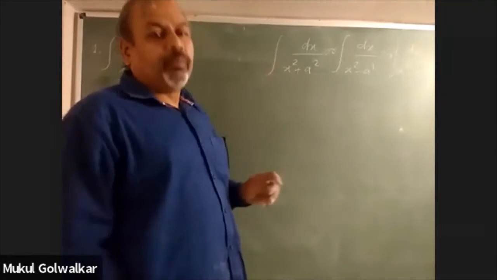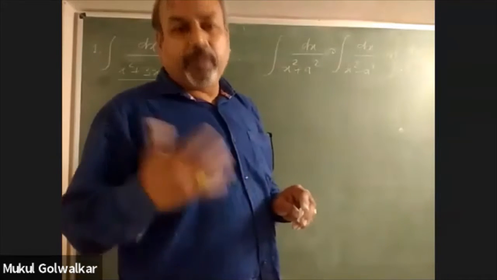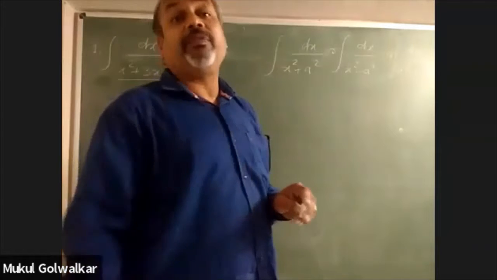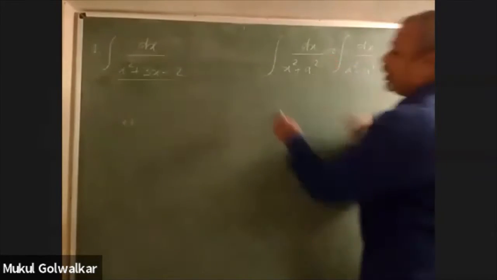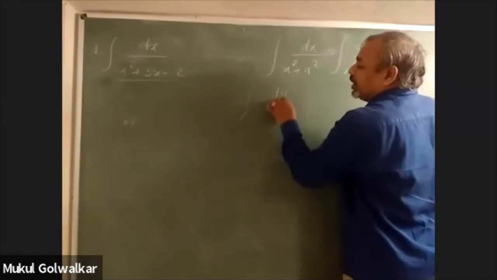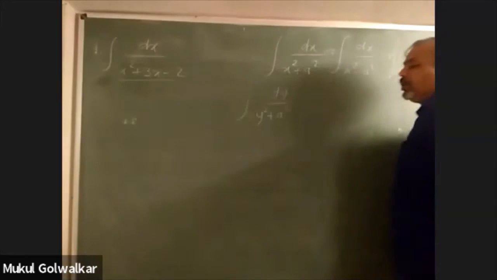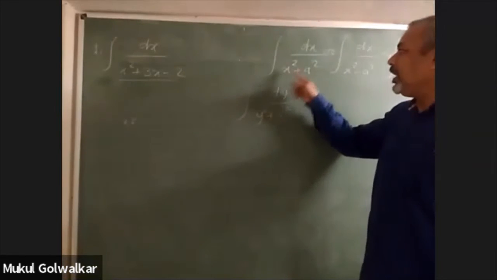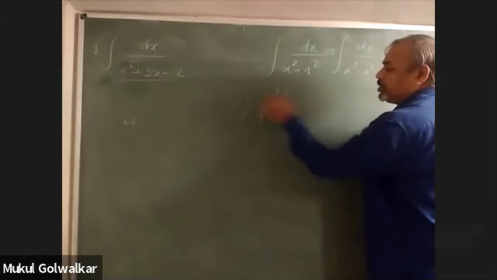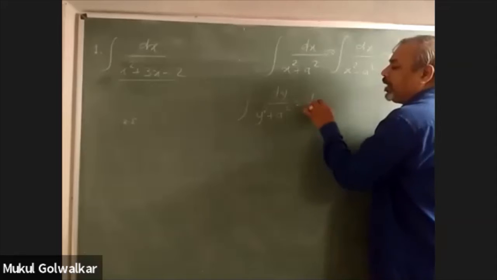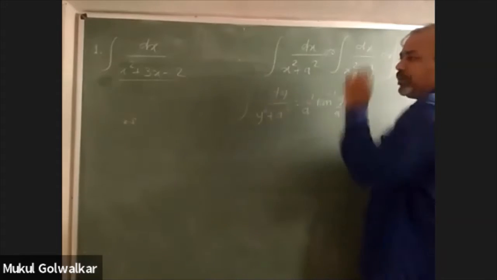I have already told you one more thing, students: the presence of a variable in the function, or the choice of a variable, is not that important. The formula I have written for you can contain the variable y also. There will be no difference in the final answer. The function remains the same, only the variable changes from x to y. So the answer can be written in the form of 1 by a tan inverse y upon a. Only this change will be there.